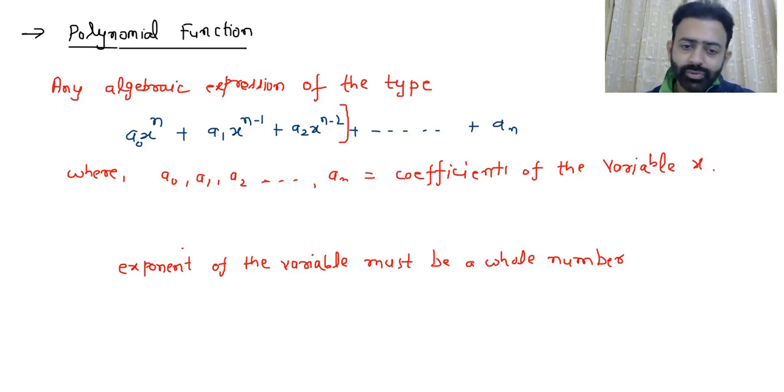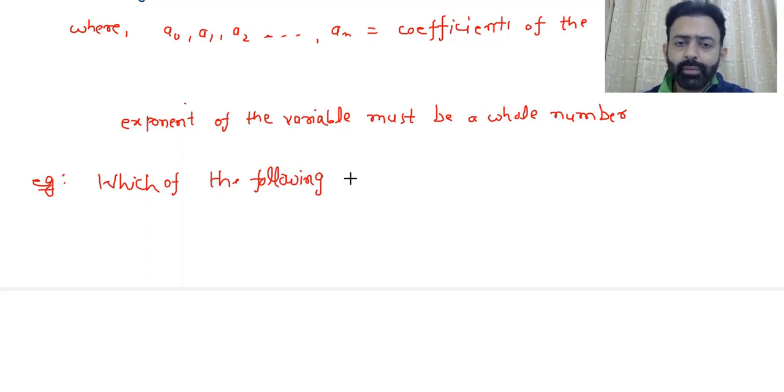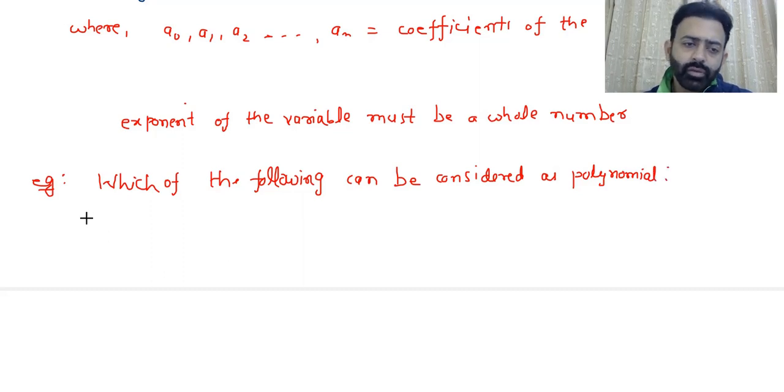Okay, so for example, if you say, which of the following can be defined or considered as polynomial functions or expressions, right? So let us say a part is x square plus x plus 3, b part is